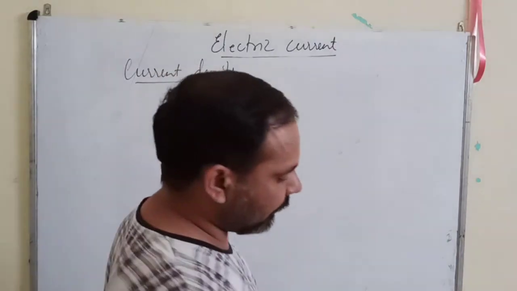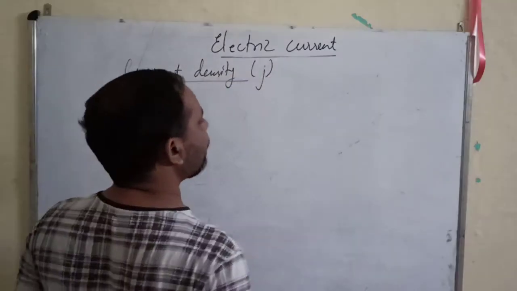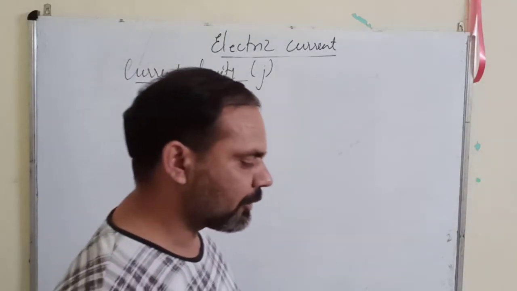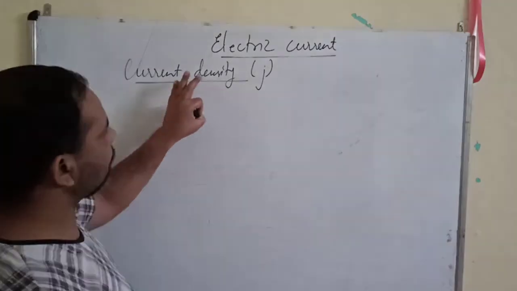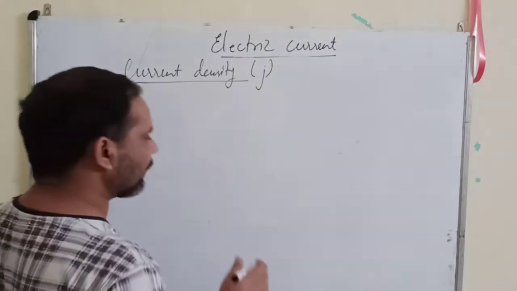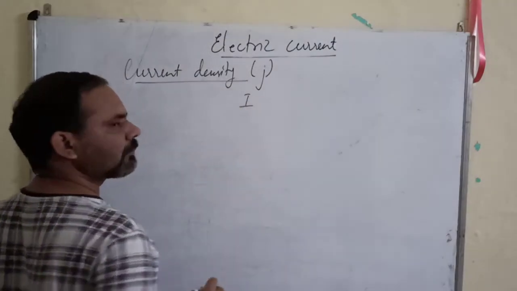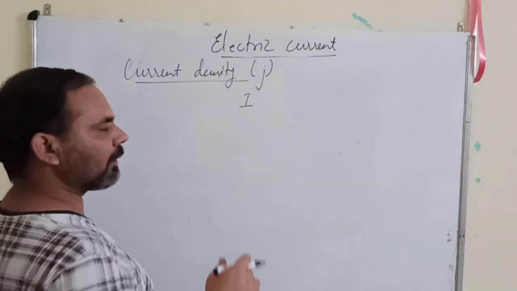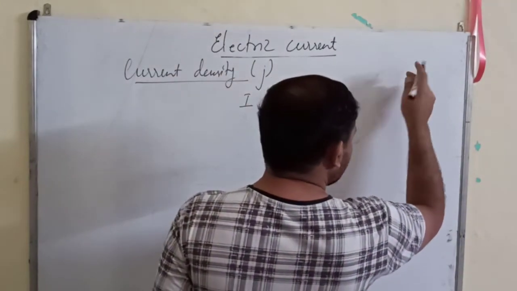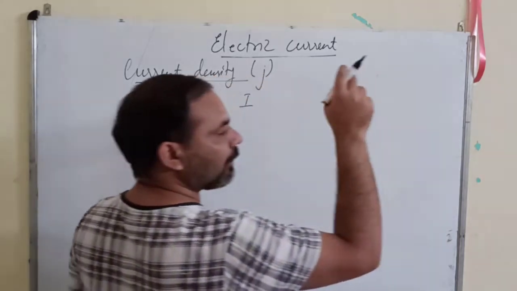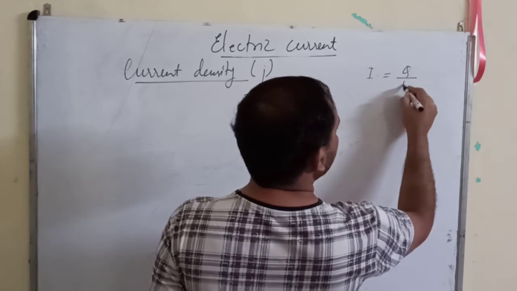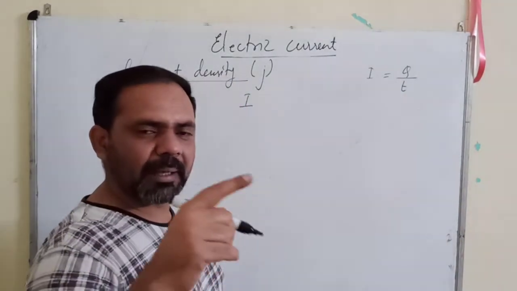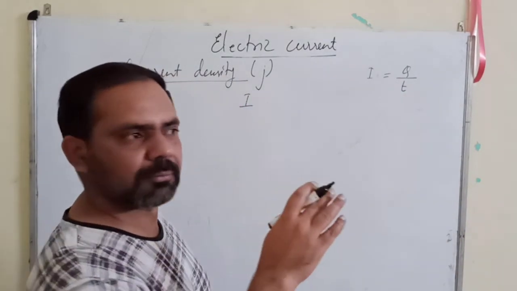Okay, so now next is current density, and we denote it by the letter J. Now what is current density? Simple, from the word itself you can write the formula: current, I, its density. Current flows not through the volume but through the cross section, because when we defined current, what was that? Charge flowing per unit time through any cross section of the conductor.